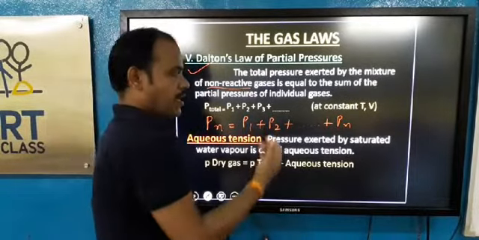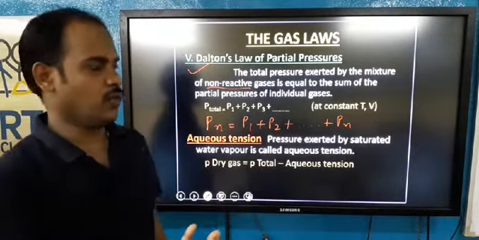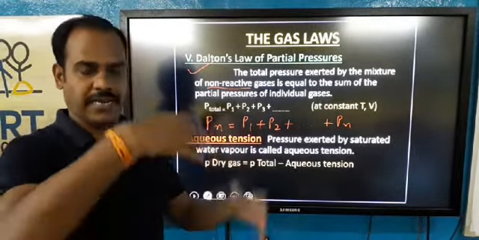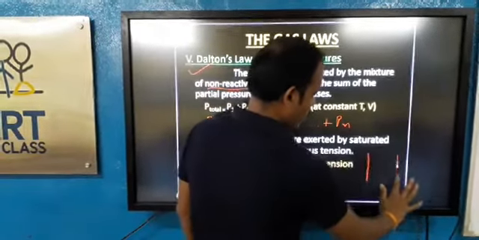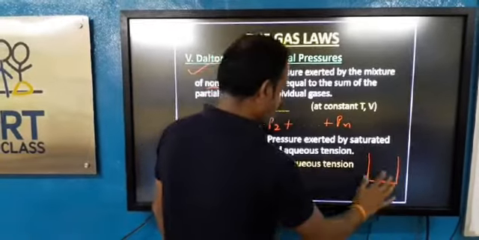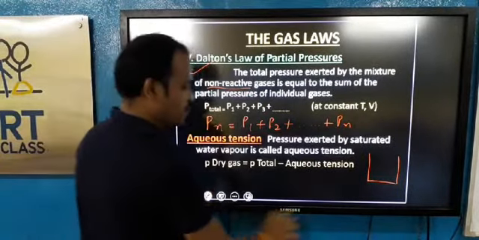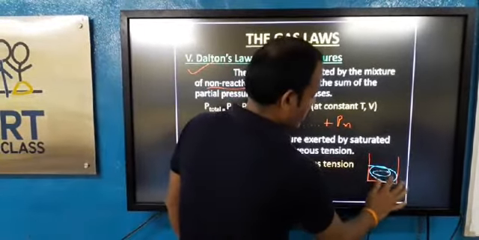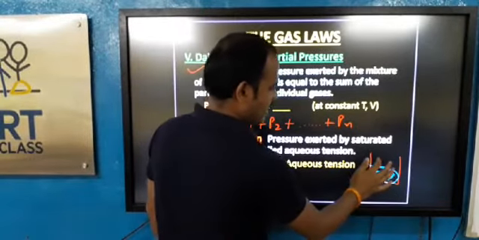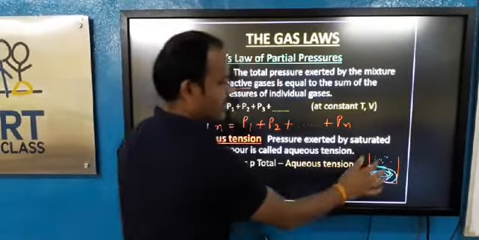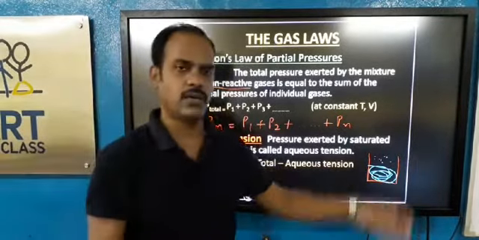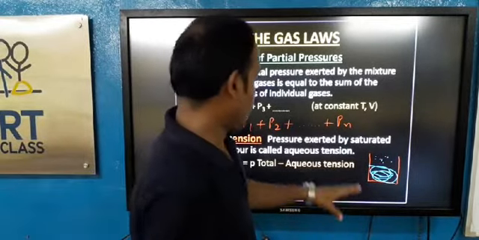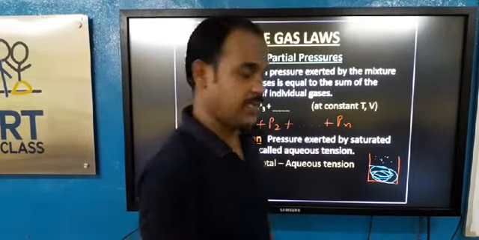Now, if you take partial pressure, generally the practice is done in a container in aqueous solution. So see, I am taking here a beaker. In this beaker, water is filled. So definitely at room temperature there will be some gases, water vapors. At every temperature, vapors exist in equilibrium with liquid. So there is also a gas present.